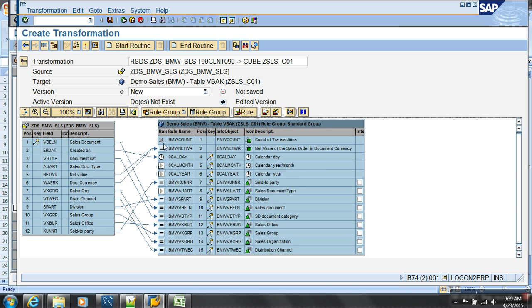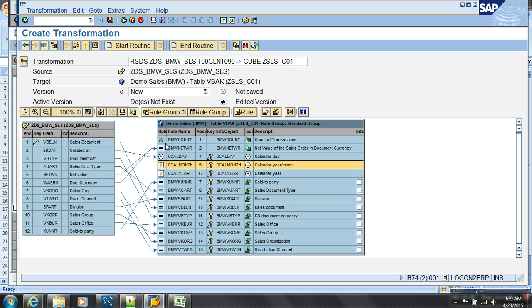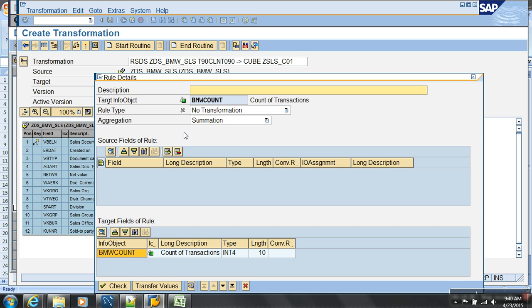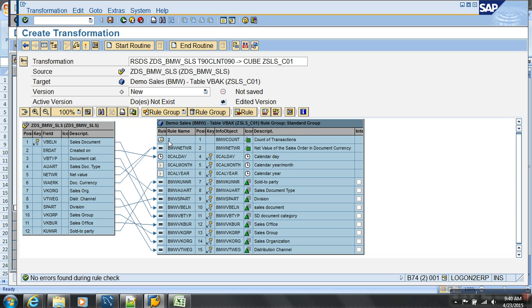Okay. But I don't have the corresponding fields for this, right? You remember? These are the extra sales document type. I should have document type to document type. But for the year and month, I don't have this, right? But for a counter, what do you want? For every record, you want it as 1, right? So, can I say constant as 1? I can use rules to modify my data. Right click, I'll say what? Rule details. I want this to be constant as what? 1. So, for every record, it takes 1.